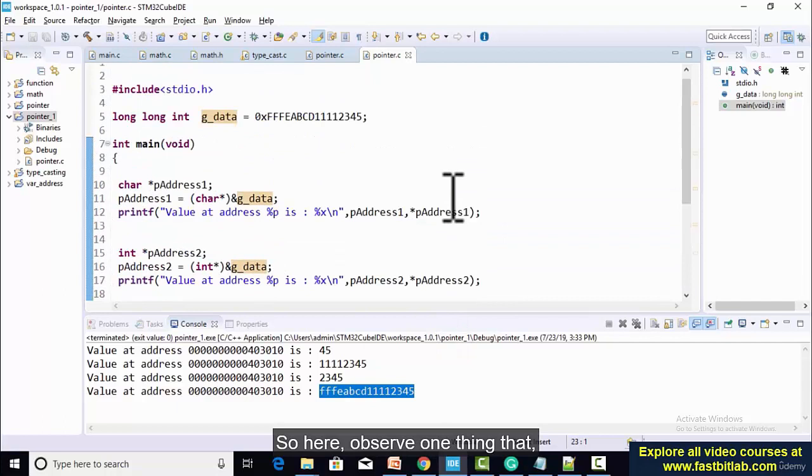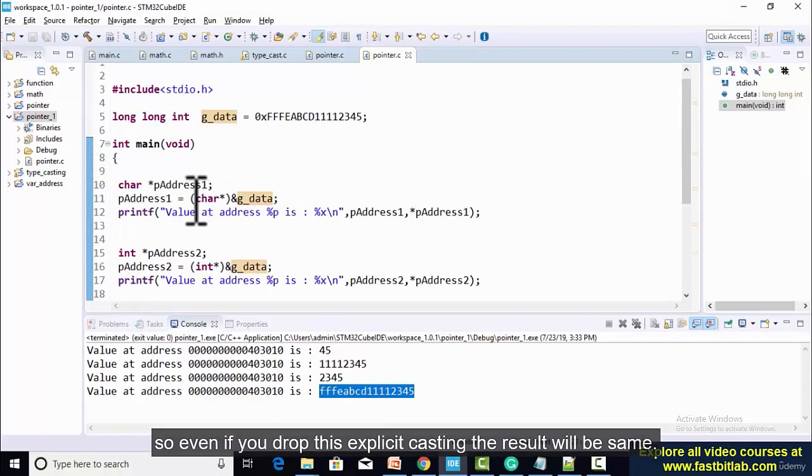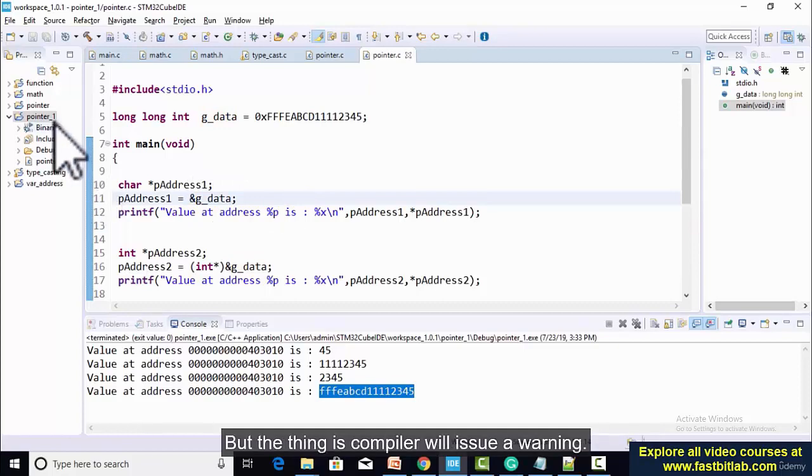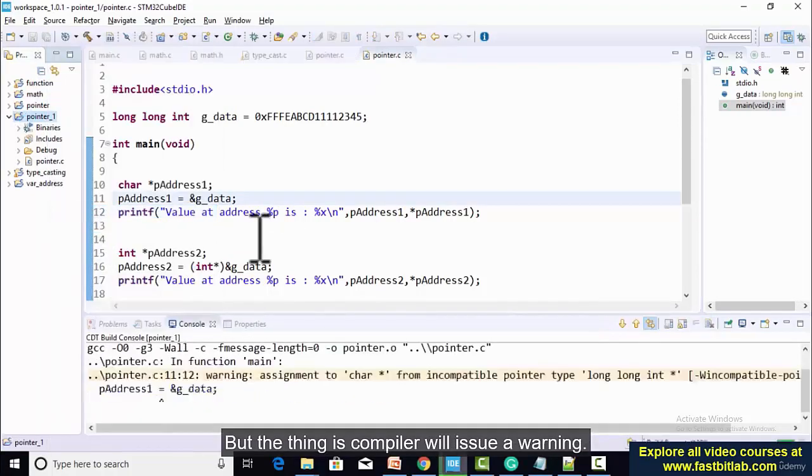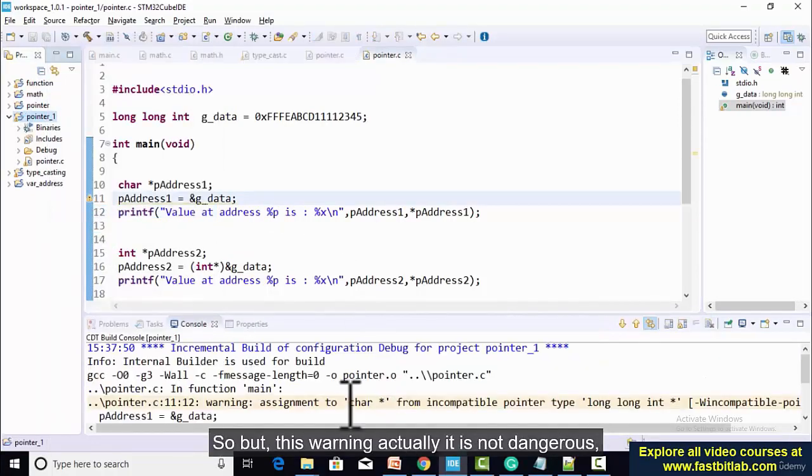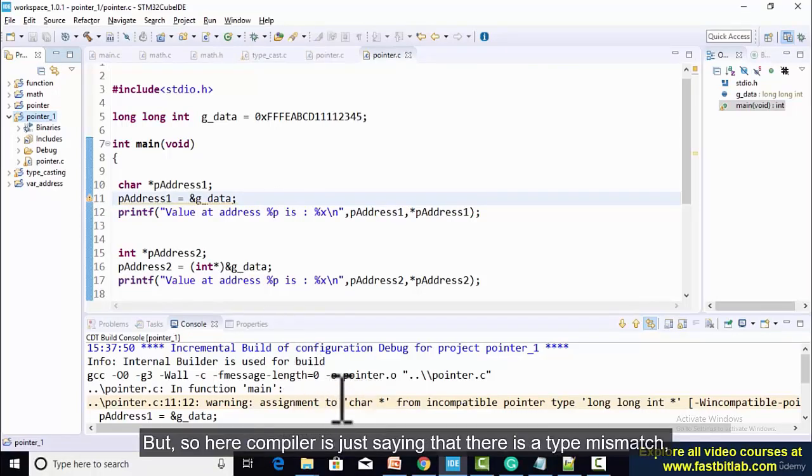All right, so observe one thing: even if you drop this explicit casting, the result will be the same. But the compiler will issue a warning. This warning is not dangerous, but that doesn't mean you should ignore it. You should resolve that warning. Here the compiler is just saying that there is a type mismatch, but there is no information loss here,